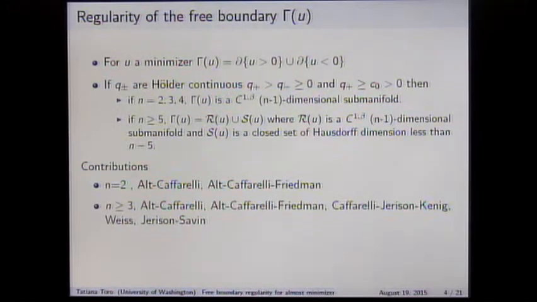Then in the two phase, they did something, so I will tell you about the tools, but there was a comment that said if we were able to prove something, which I'll tell you later, then we will know that we have the same results that we had for the one phase problem. The thing is we're not able to do that at this point. Okay? So to work on the two phase, they needed a monotonicity formula that you will see in the next slide.